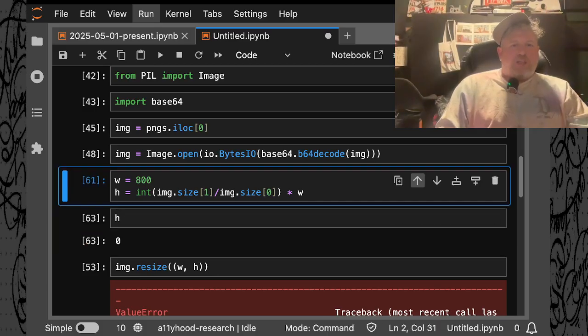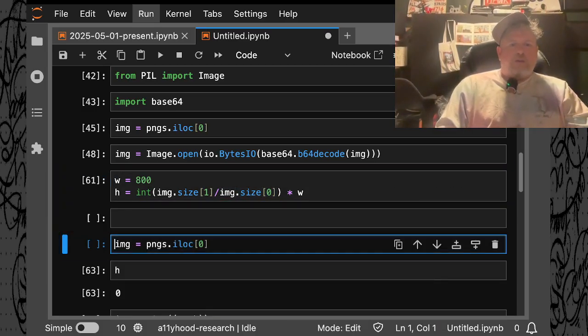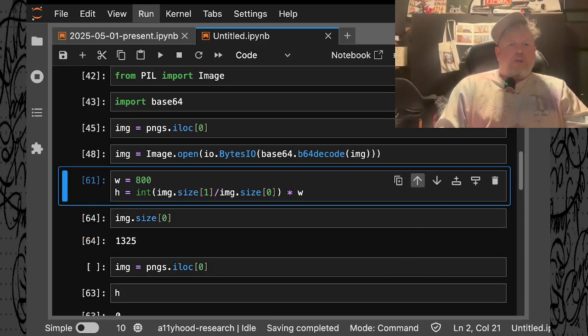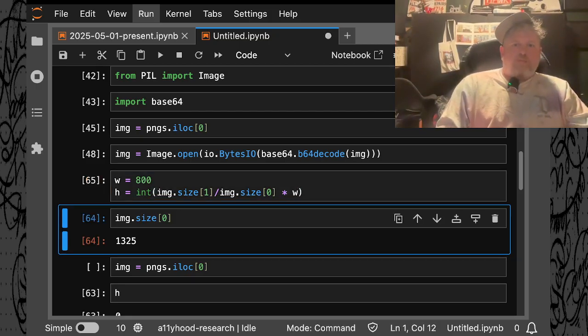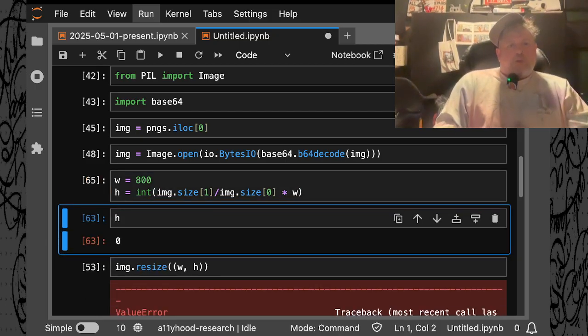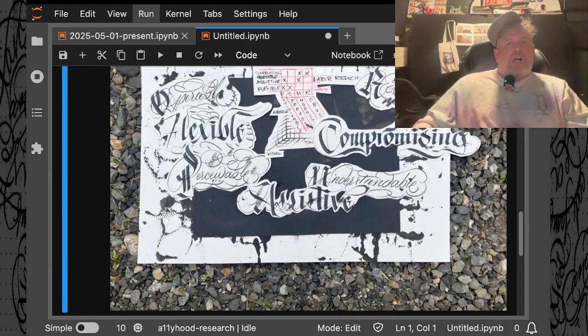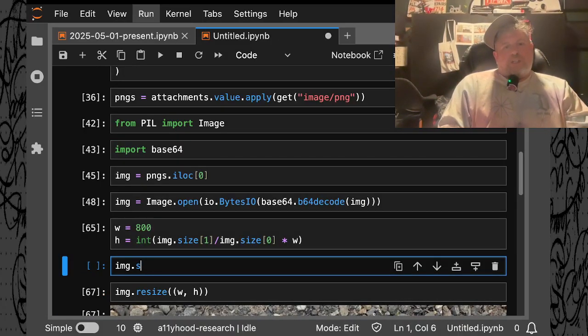Why is it saying that? Image size 0. Oh, because the int's outside of it. There we go. Okay, cool. Cool beans. All right, so now I should be able to go and do image save,